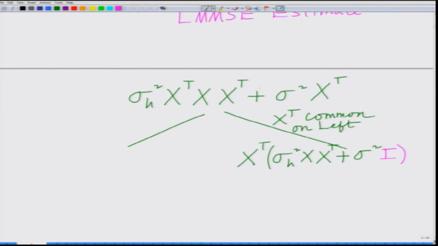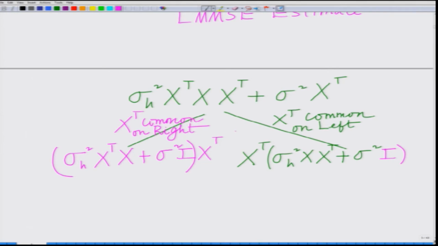Now I can also take x transpose common on the right. Taking it outside on the right, what am I going to have? I am going to have sigma h square x transpose x plus sigma square identity